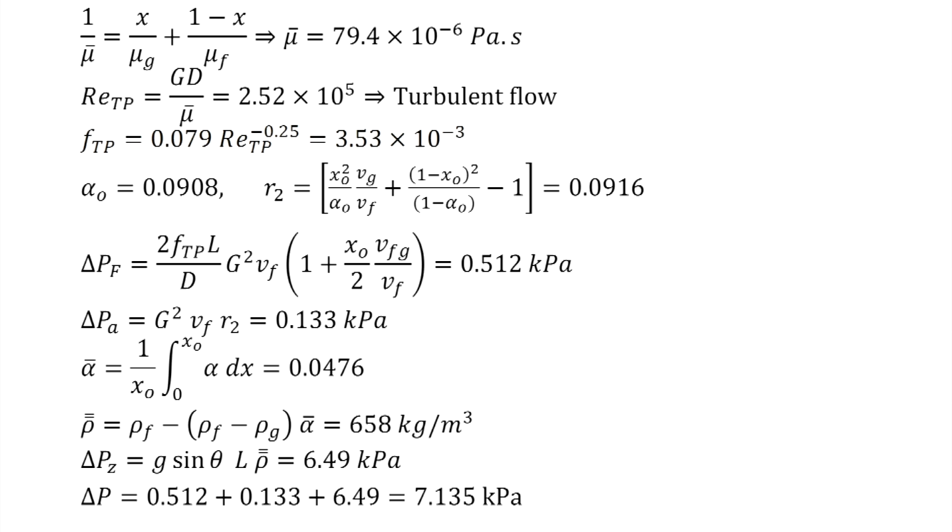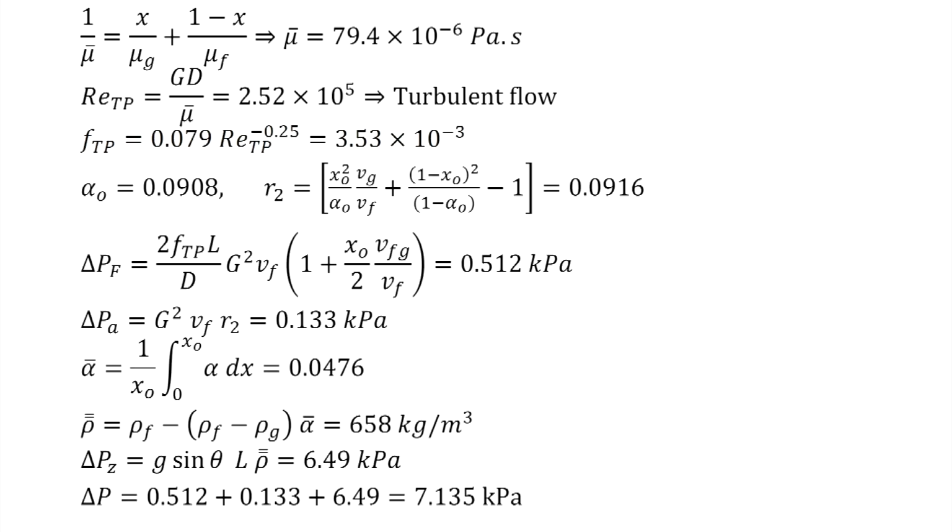Average quality is taken as the quality at the midpoint, which is half of the outlet quality, and corresponding to that the void fraction alpha has been calculated using the drift flux model, and we get alpha bar equal to